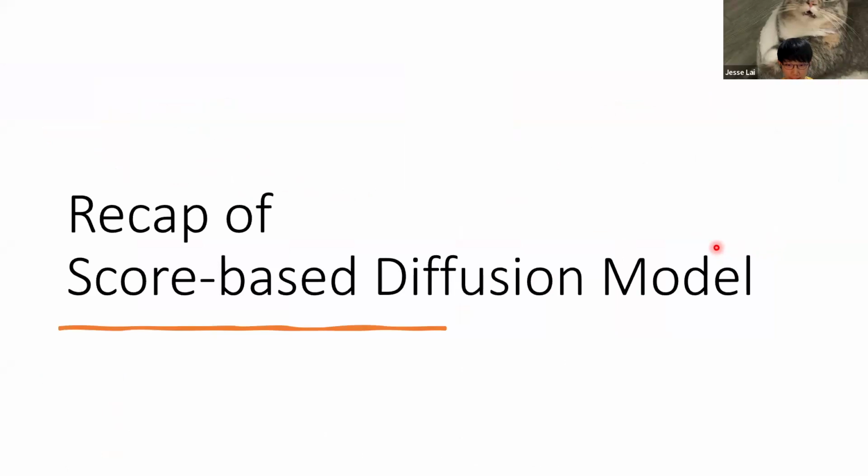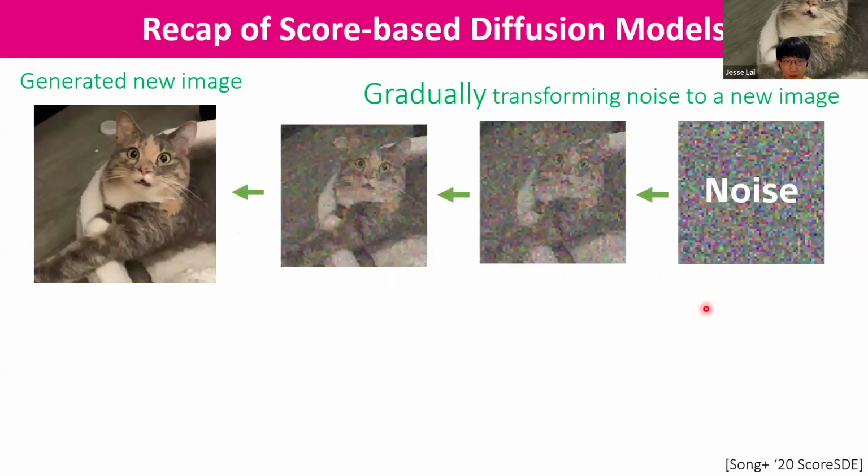Okay, so I guess you are pretty familiar with diffusion models, but before I jump into the detail of CTM, let me briefly recap what a diffusion model is. So a diffusion model, as you may know, starts from noise and then gradually uses the network to learn how to gradually remove the noise. So going from noise, we gradually remove the noise, and then we can get a newly generated image.